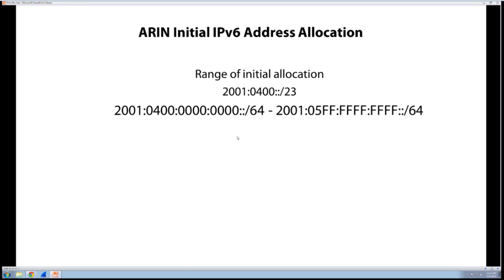All right, and in North America, ARIN is our numbers registry. They hand out the IPv6 addresses and the IPv4 addresses to Internet service providers, and then the Internet service providers are going to hand those addresses out to their customers, which may be you, or it may be another Internet service provider before it gets to you finally. Either way,